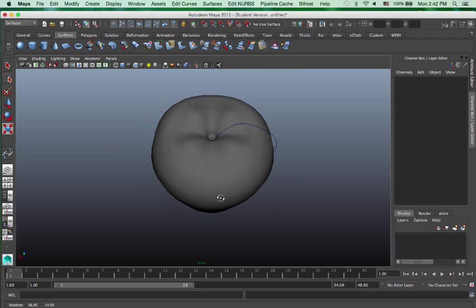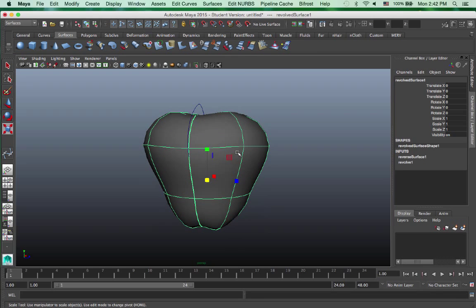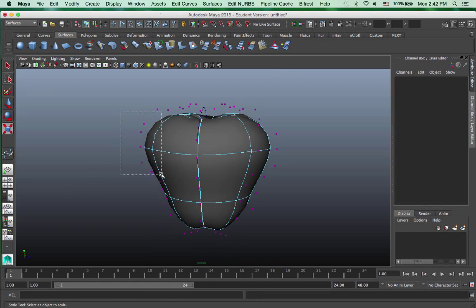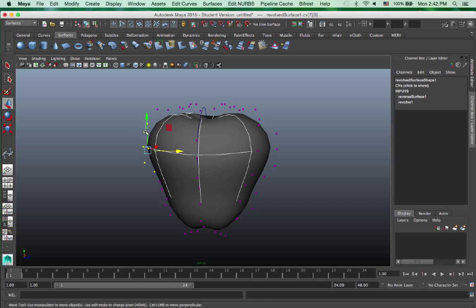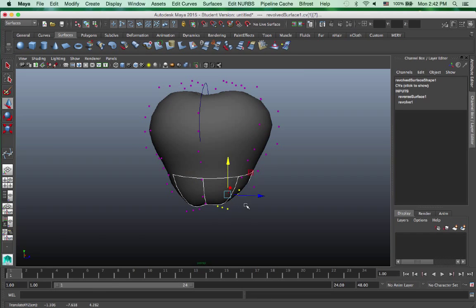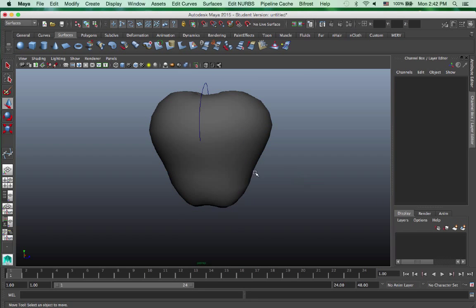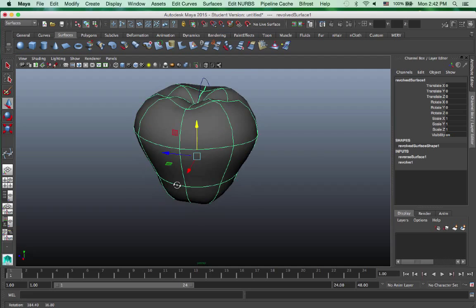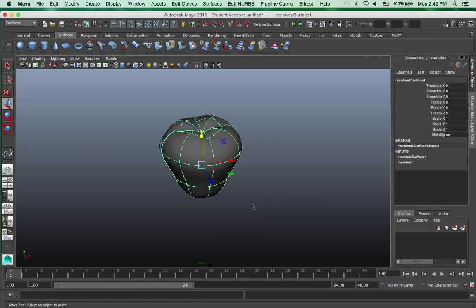Okay, now we have something that looks much more like an apple, and then we can randomize the shape again, like using a large stroke. You just select a bunch of vertices based on your profile, what you're looking at on this apple. It needs to be a little bit more random here and there so it looks more organic.